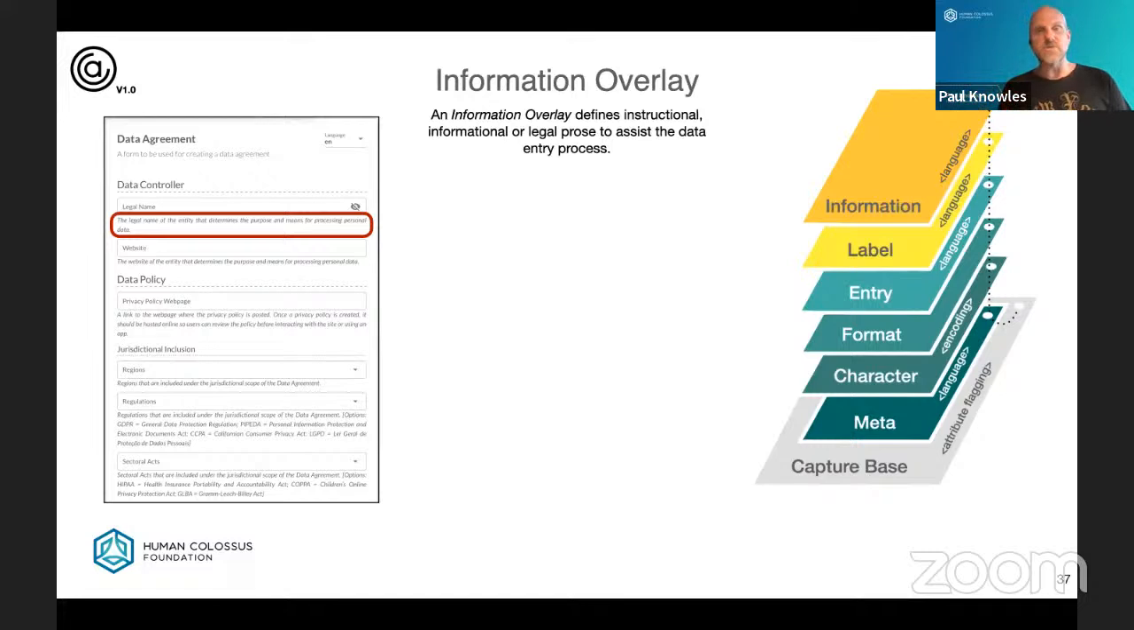As I say, there's a whole bunch more overlays, but these are the core ones that you pretty much have to use anytime that you build a data form. So the information overlay defines instructional, informational, or legal prose to assist the data entry process. And what's really interesting about the information overlay is